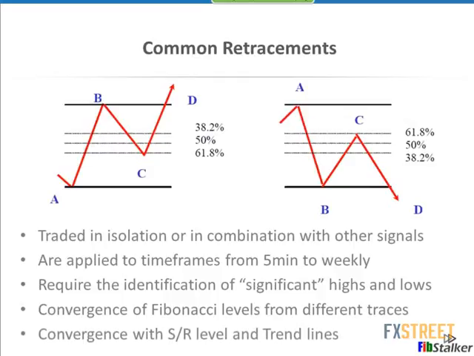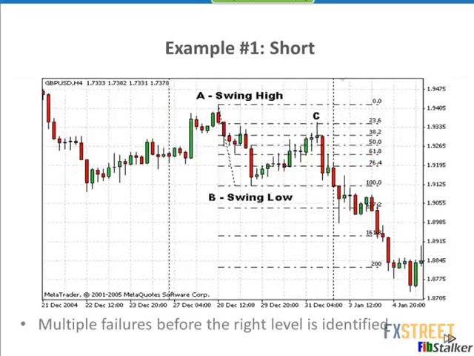I really don't accept and trust that kind of concept. I'm gonna explain why. So a little example here. Very, very intuitive. What I want to show you is, when we trace from A to B, the market continues there, and eventually at this 23.6, or if you wish 76.4,